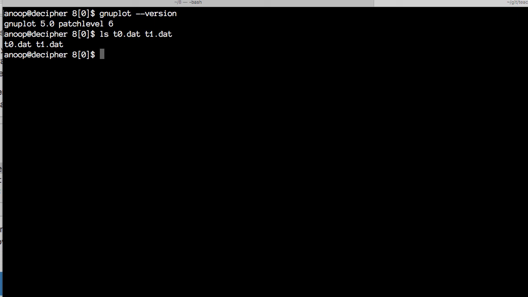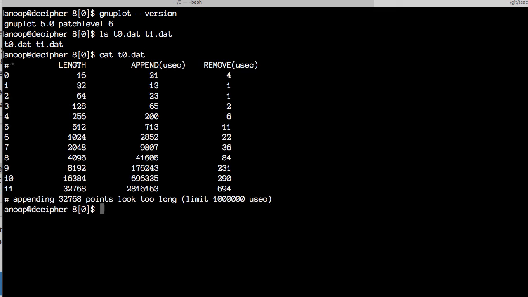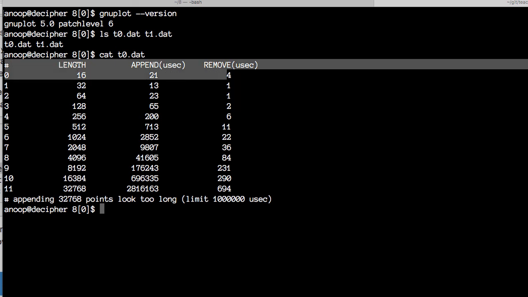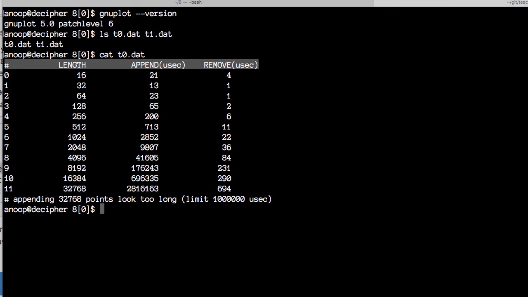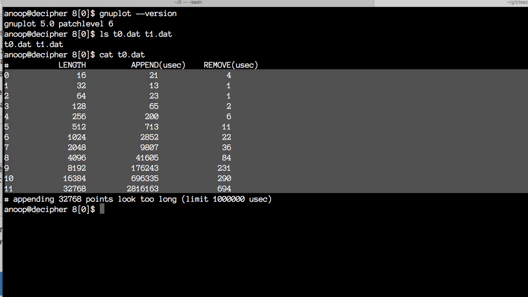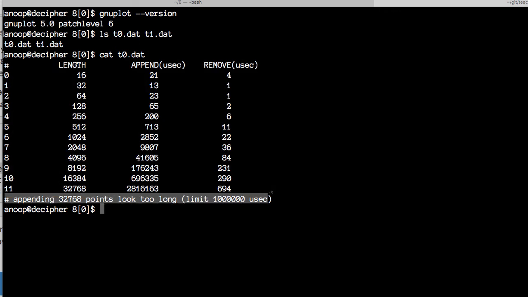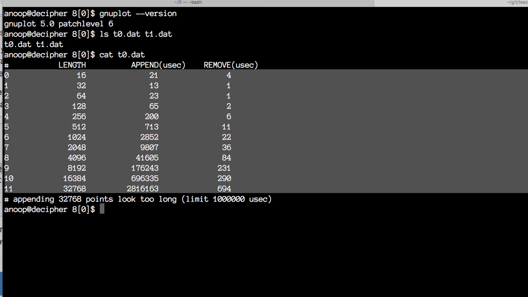So actually when the test.c printed it out, it did it in a clever way. And this marker here is a comment for gnuplot, so it'll just ignore this line. It'll just look at these numbers and read in these numbers. And notice that this last line again is just marked with this comment character, the sharp. So when we want to load it into gnuplot, it'll just ignore those comment lines and just take the raw